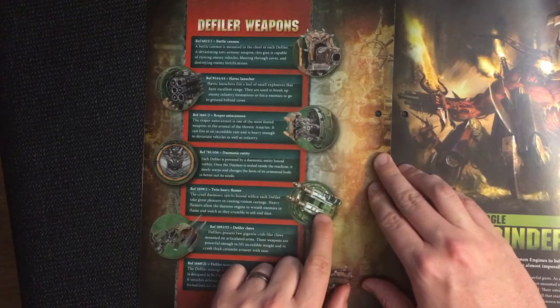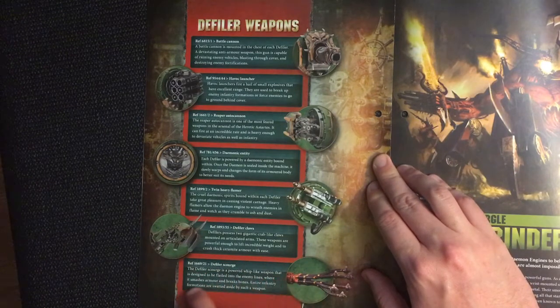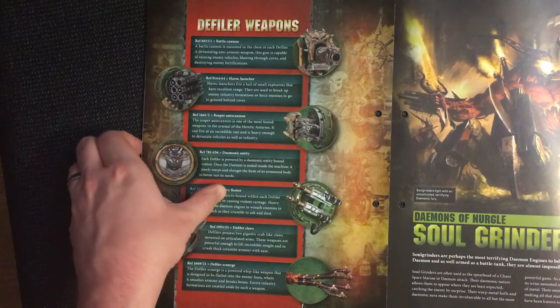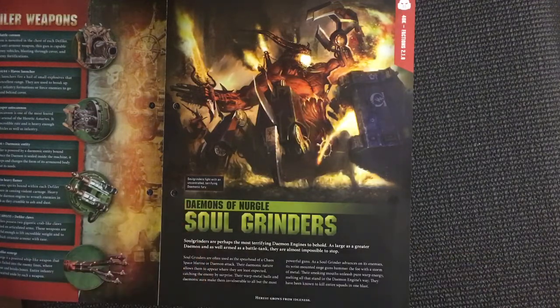Then we've got Twin Heavy Flamer, Defiler Claws, and Defiler Scourge. The Defiler Scourge is a powerful whip-like weapon that is designed to be flailed into the enemy lines, where it smashes armour and breaks bone. Entire infantry formations are swatted aside by such a weapon. Tasty. Okay, now we've got Soul Grinders, and